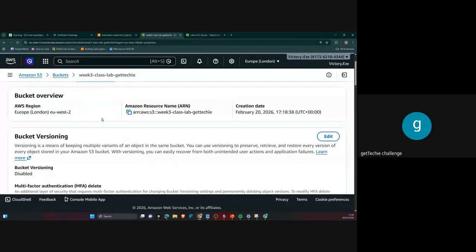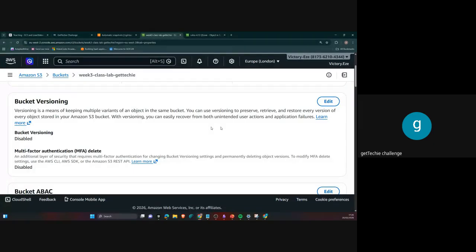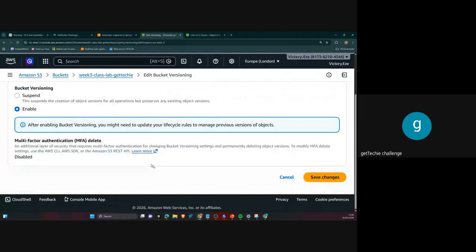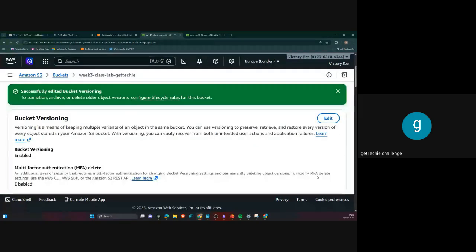And you see, we are going to upload an object again, then we are going to delete the object. We can actually retrieve back this object, right? So I'm going to click on edit versioning, and I'm going to click on enable, and save. Now, if you have objects in the bucket before you enable versioning, that versioning is not going to be applicable to those earlier objects. It's only going to be applicable to the objects you start uploading after you enable versioning. I hope that is clear.